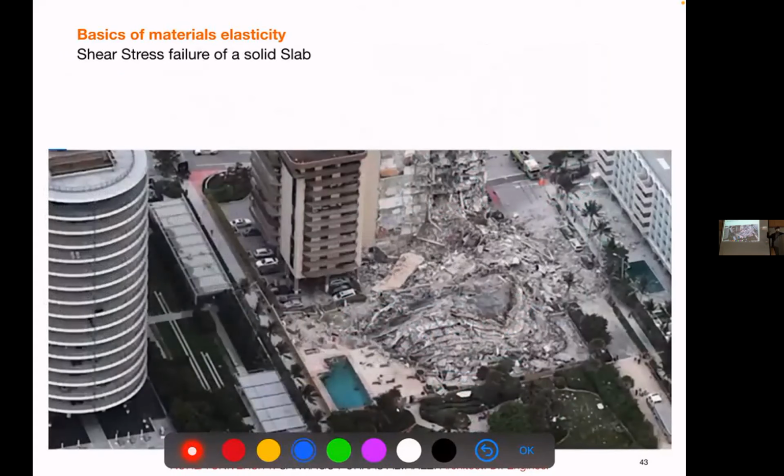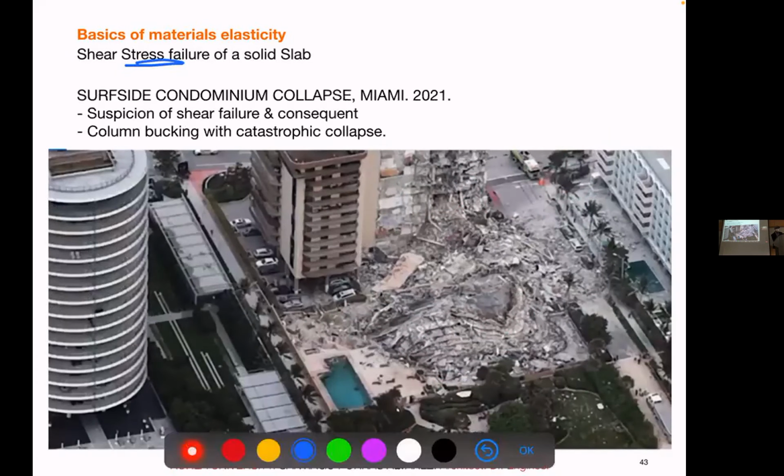From what I read and saw, I think it was both shear stress failure, which then brought a buckling of the columns, right? And the result was catastrophic. So it's really embarrassing because Florida is supposed to be one of the safest states in the United States, because they have the hurricanes next to the sea. The codes are very strict, and the permit process is very strict. But again, money is money.